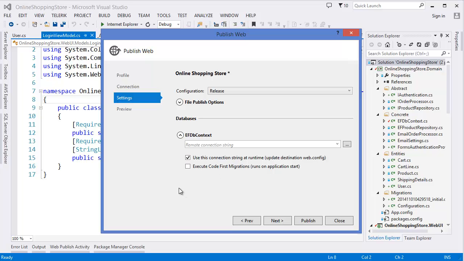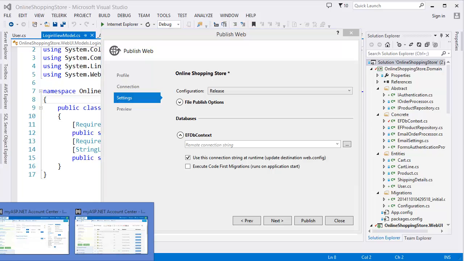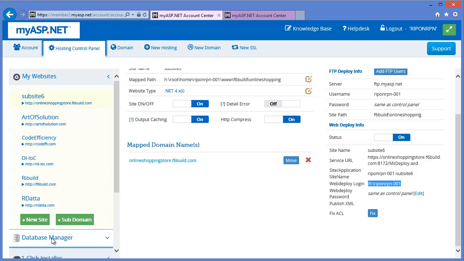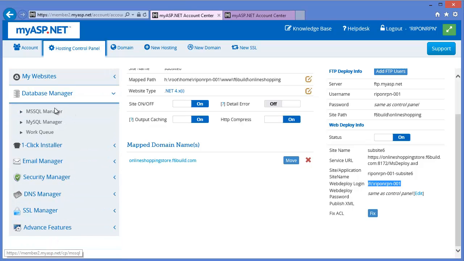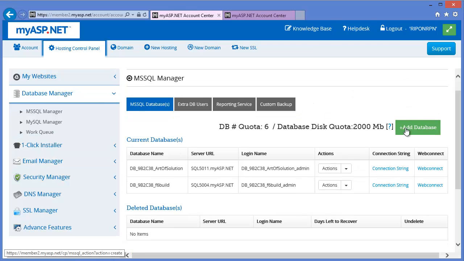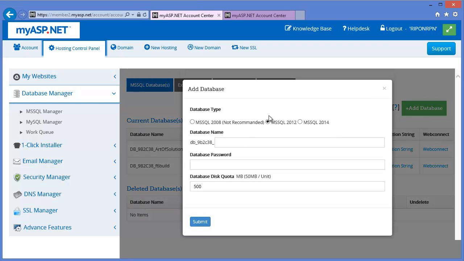Okay, so first go to the web server and let's create a database manager, MS SQL, then add database. In my case I have three options: SQL Server 2008, 12 and 14, but I'm going to use 2012, or even if you can use 2014. Let's say I want to give the database name online shopping